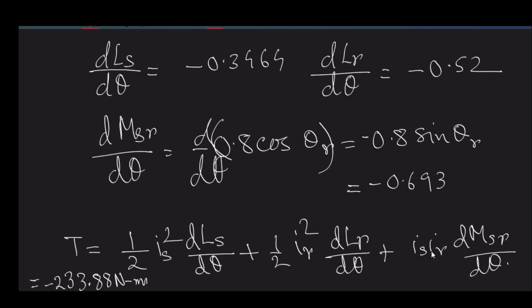Another part of the question: okay, they have changed the current direction. Now, while the stator current direction and rotor current direction have changed, the only thing is the torque will become positive. Why positive? Because you can see for the second part you will have something like